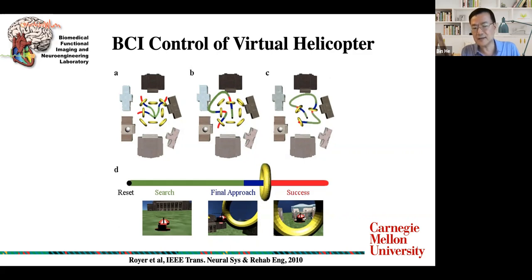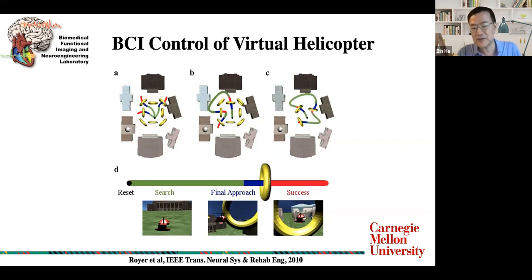Before this virtual helicopter control, most of these EEG sensorimotor rhythm-based BCIs were directed at cursor movement. So you have a computer cursor moving left or right, up or down. We wanted to ask whether we are able to perform continuous control, not a center-out task, always starting from one point with the cursor going out from the center. We want something more engaging. So in this experiment, what we designed is a virtual campus of the University of Minnesota, where I was on faculty, with a virtual helicopter and virtual buildings.